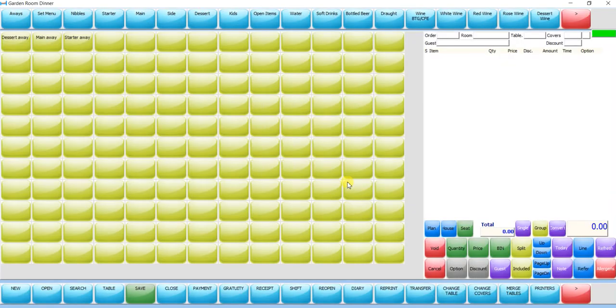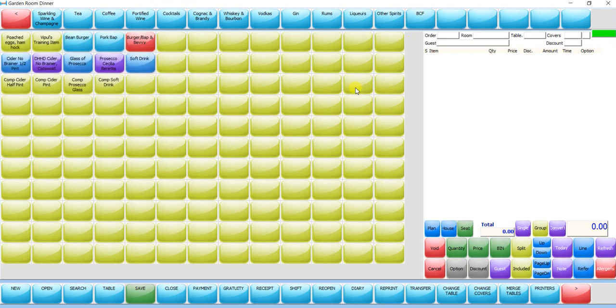So restarting the POS, head to the sales group that I added it to, and you can see that my item is there and it's priced at £10. And it's as simple as